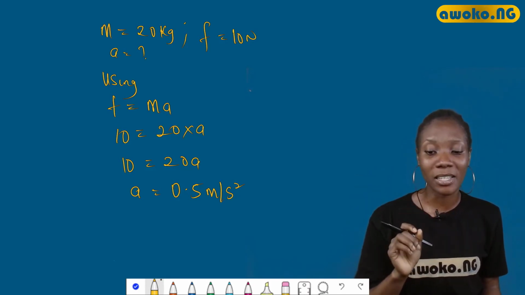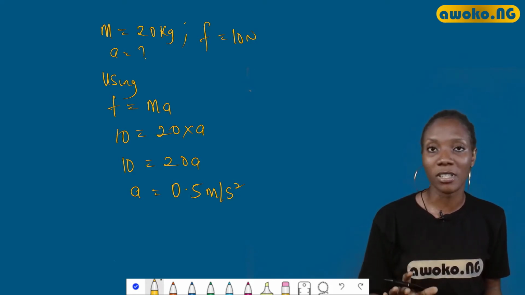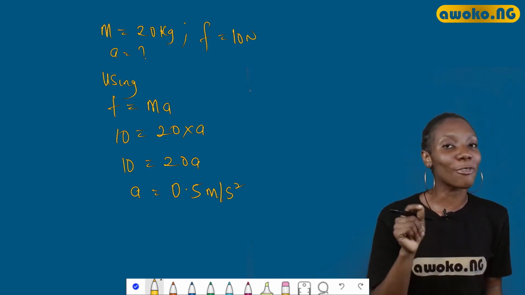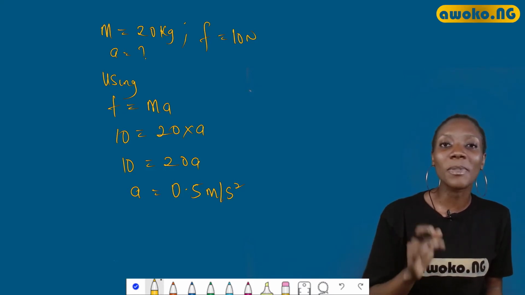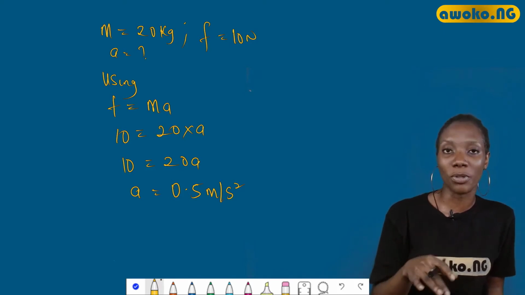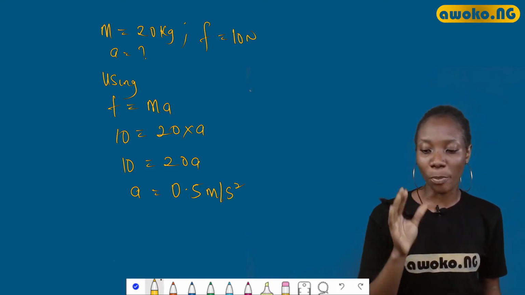Physics is a natural science that helps us to understand the behavior of the universe, and that's just it. No big grammar. Now, with the knowledge of physics, we see that we've been able to describe what most people experience but cannot explain why it happens. So now, these three Newton's laws that I've mentioned are usually applied in solving dynamic problems.